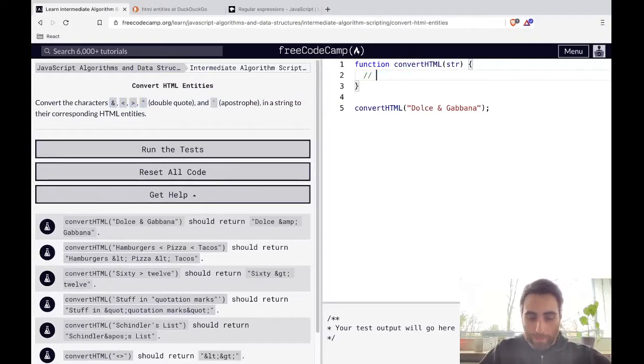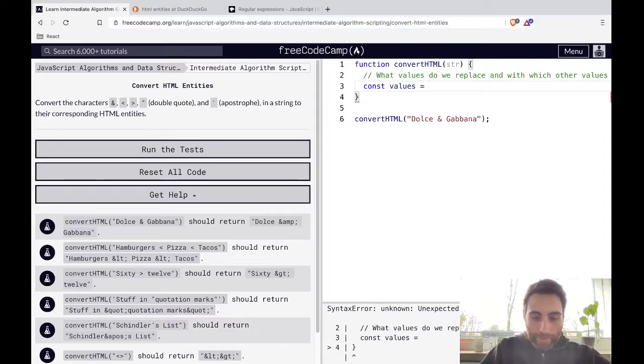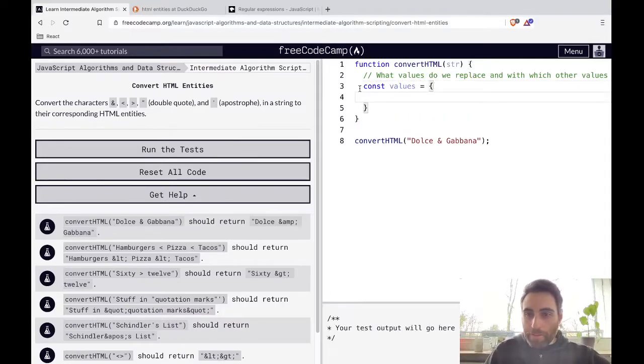So what values do we replace, and with which other values? So let's create those values, or actually entities, we can call them.